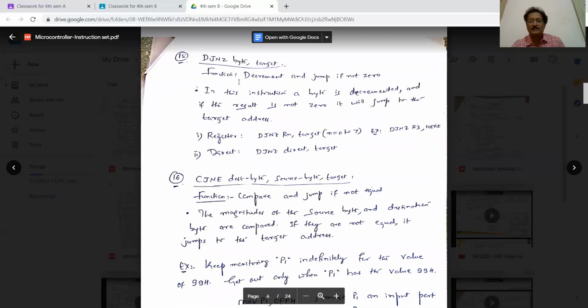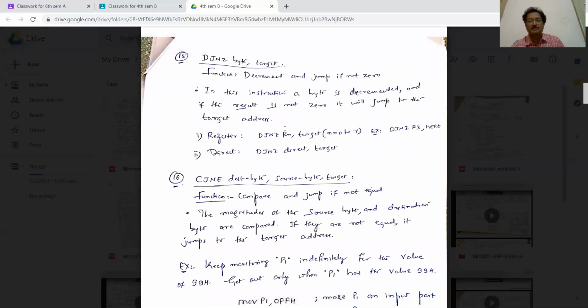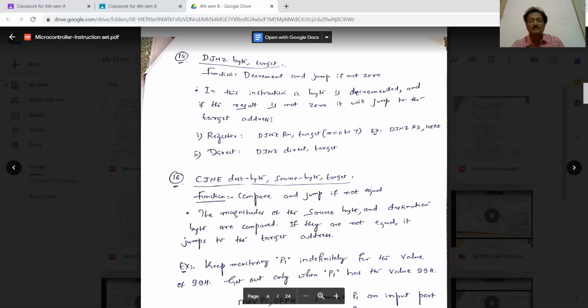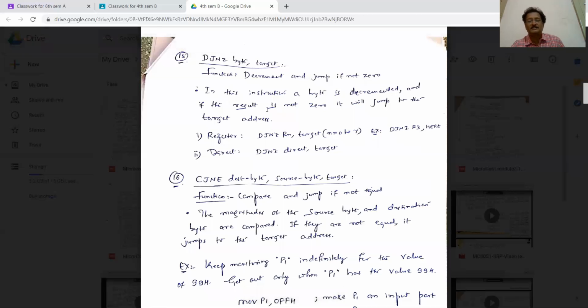It's elaborately given here. Decrement and jump if not 0. In this instruction, a byte is decremented, and if the result is not 0, it will jump to the target address wherever you want to go. Otherwise, the immediate next instruction will be executed. It can be direct. Sometimes you can also write DJNZ 30H, target.